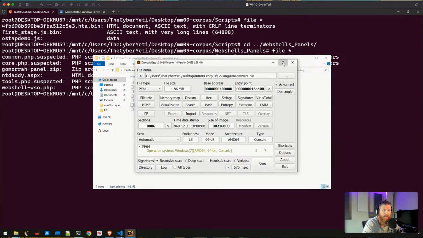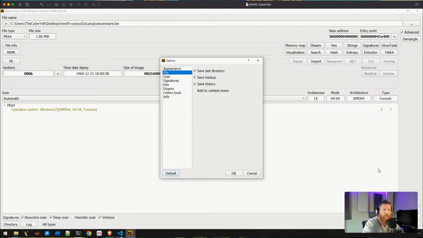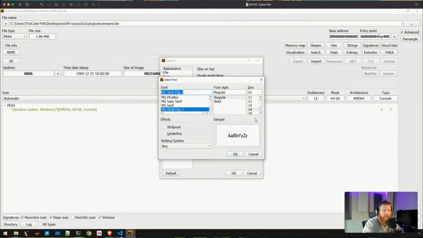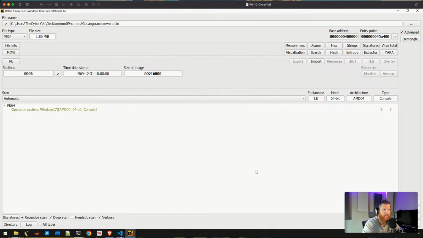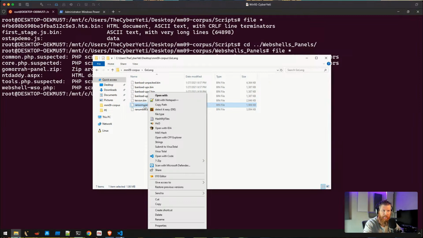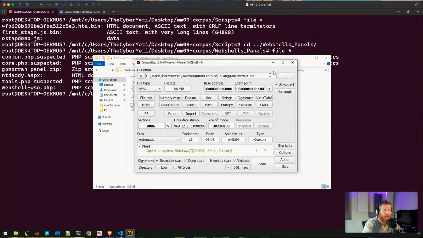Yeah, there we go. Hopefully that's a little bit better. I should probably make that even larger. Appearance font, let's go 18. Okay, we'll restart one more time. I think the latest version of Detect It Easy applies it immediately. It's had a few noticeable UI changes.